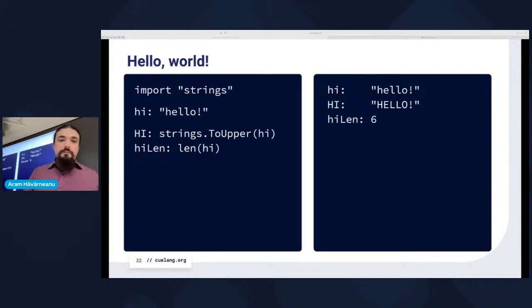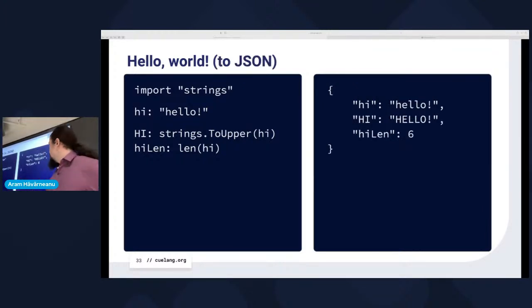So there seems to be some sort of power there already. But of course, what you see on the right-hand side is basically native Q output. So on the left-hand side is input, basically the program, if you want to call it the program. On the right-hand side is the output of the program. But Q supports natively all kinds of outputs, not just native Q. It also supports JSON output, and this is absolutely essential to Q.